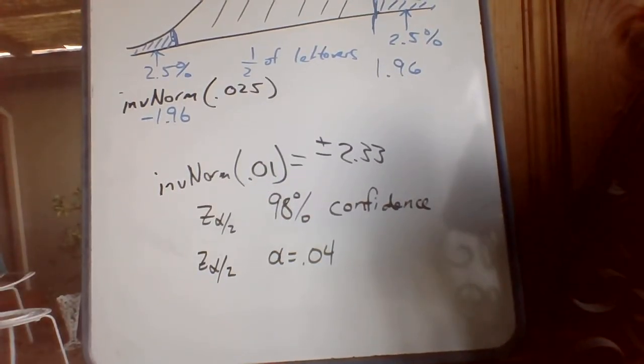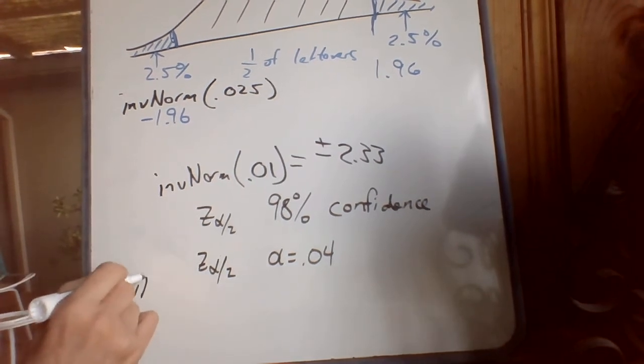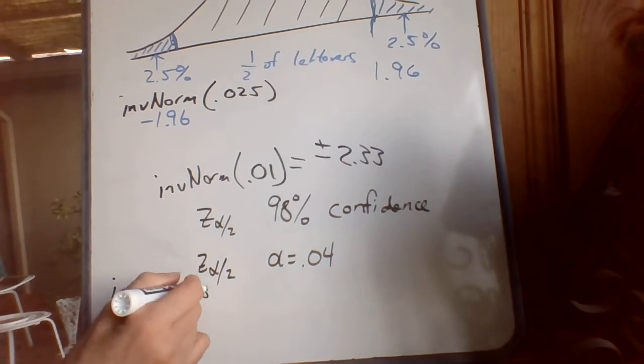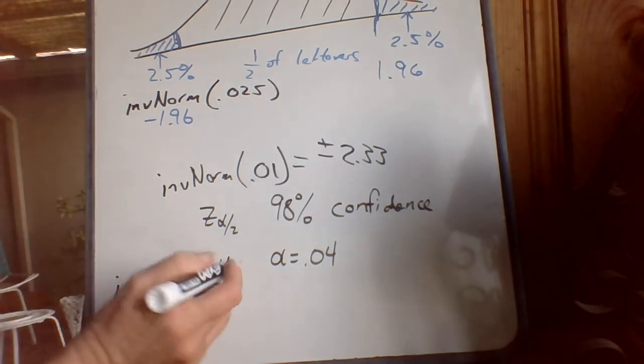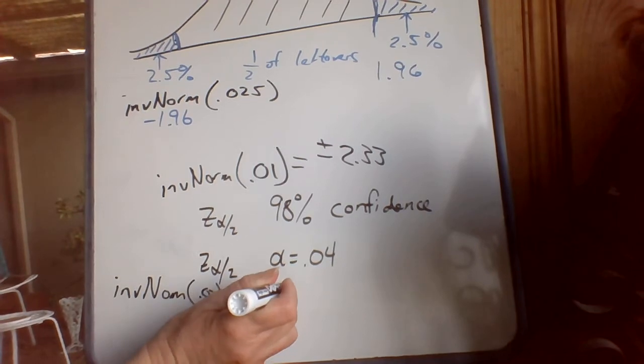Half the leftovers, I can see it's half the leftovers because it says divided by 2, is invNorm 0.02. All right. invNorm 0.02. And it says negative 2.053. Okay, and I know it's supposed to be plus and minus, so I'll write that down. 2.0